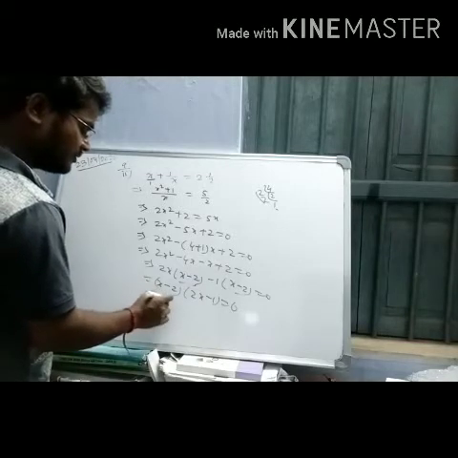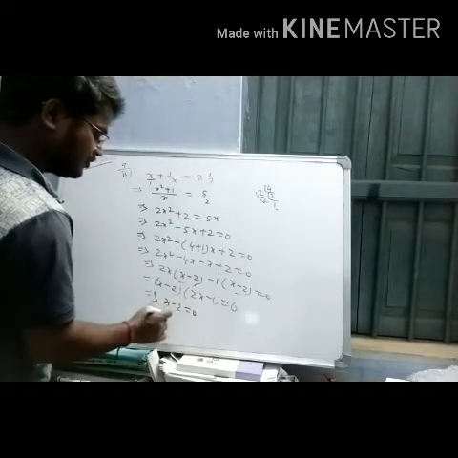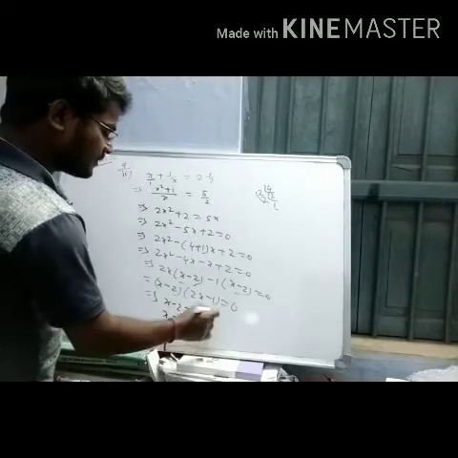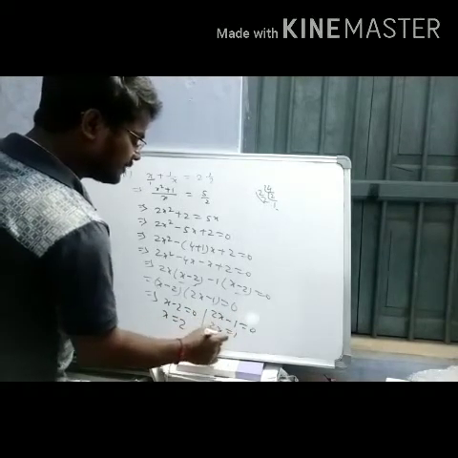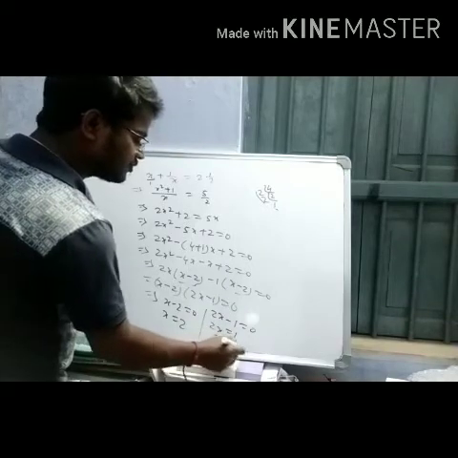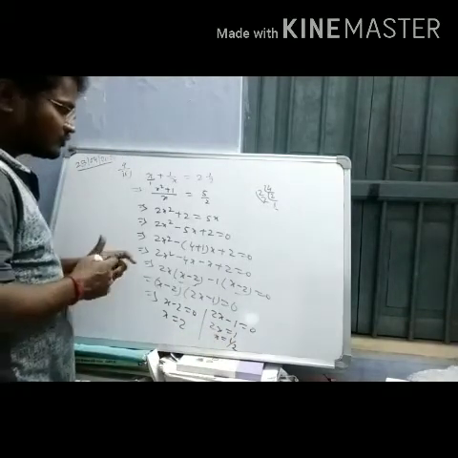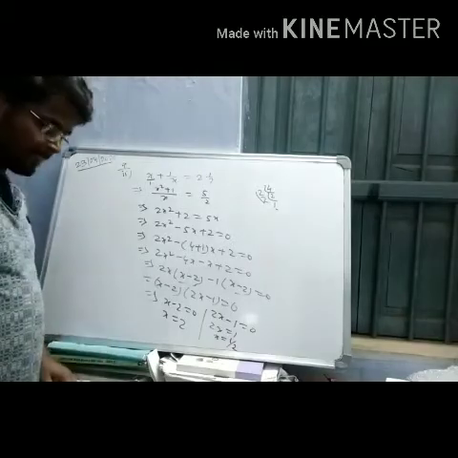Now from the division, x − 2 = 0, so x = 2. From the other factor, 2x − 1 = 0, 2x = 1, x = 1/2. You got two values of x. Okay.